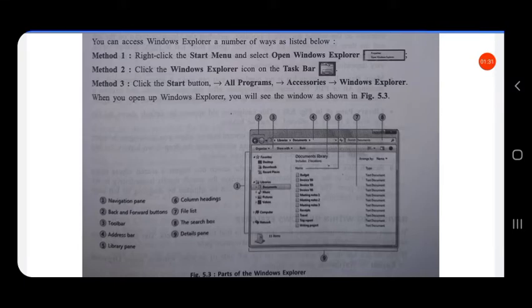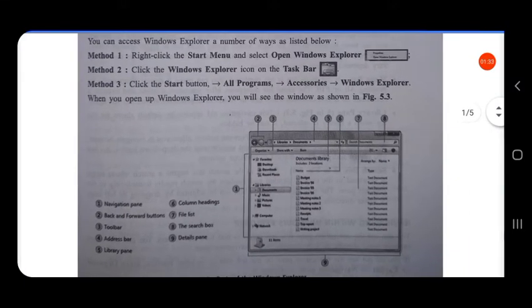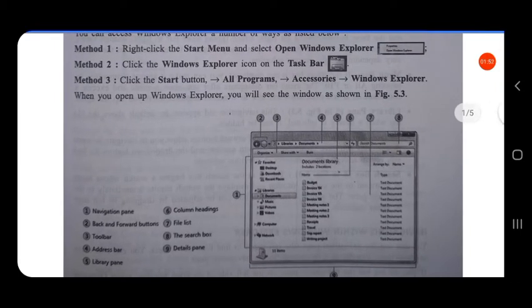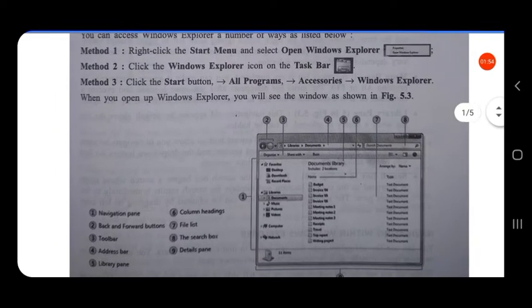On the screen you can see a start button on the left side of the screen. Click on the start button, a menu will appear, and in that you will see Windows Explorer. So open Windows Explorer.